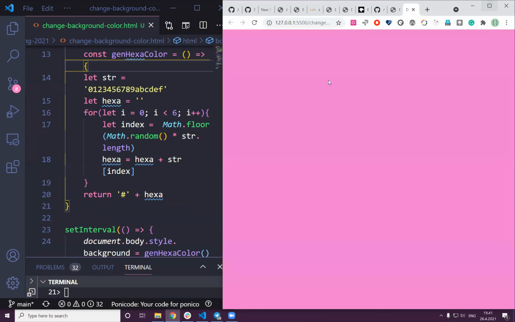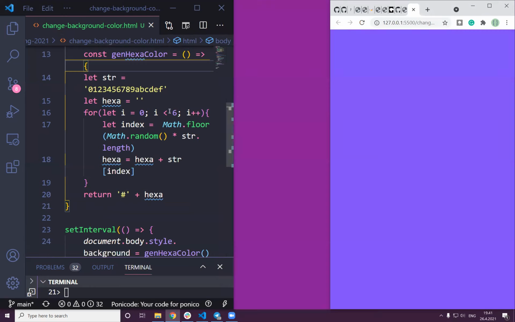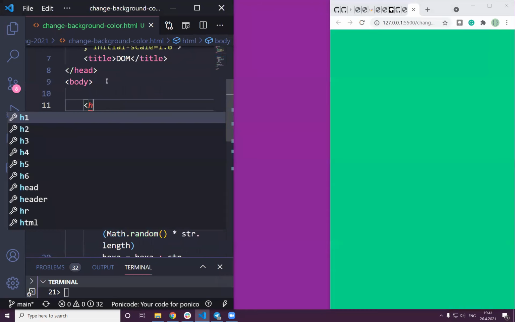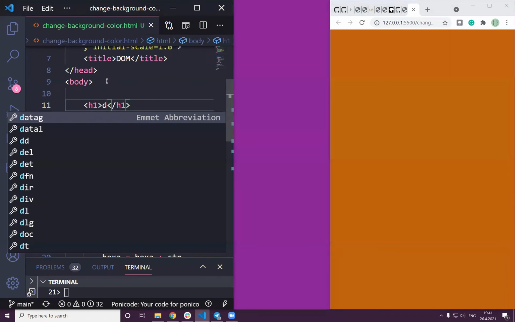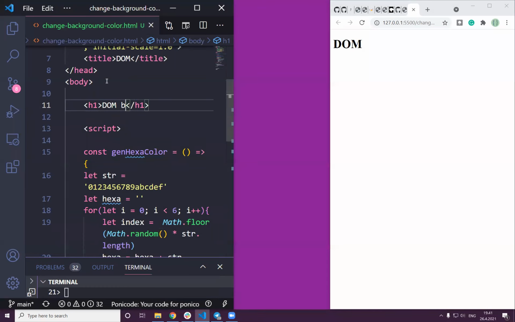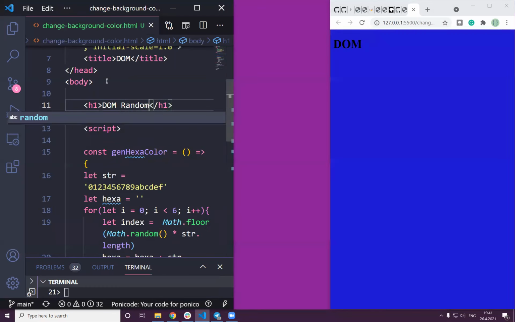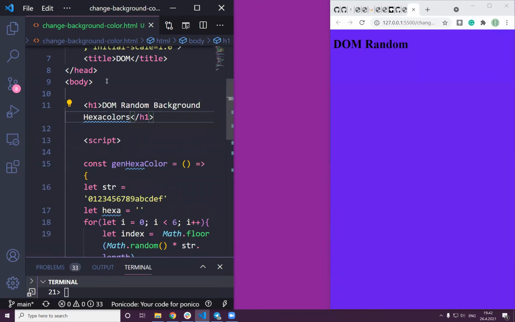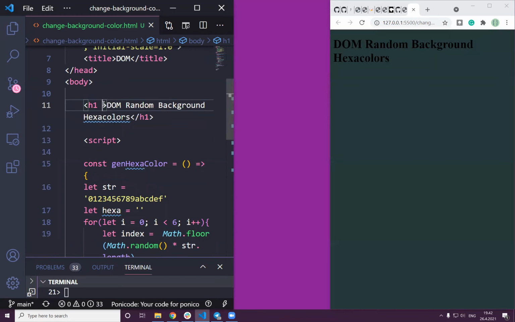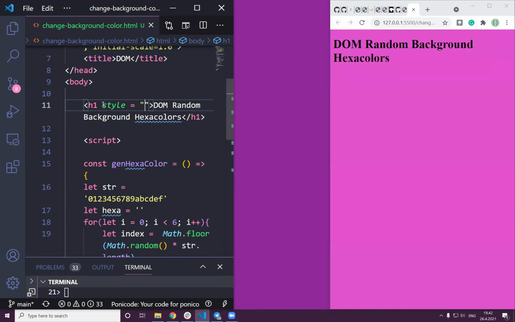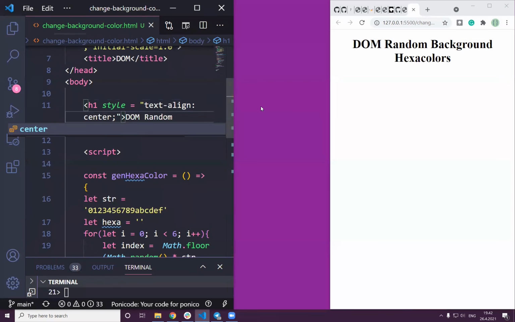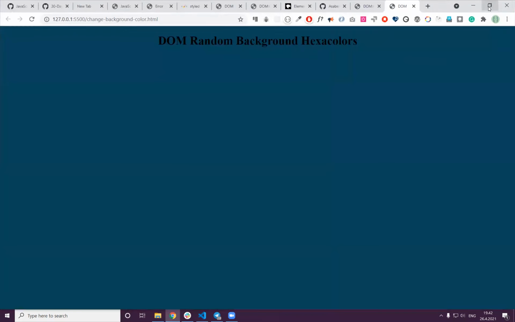Now, this is your page. For instance, if you want to have some text there, I can put a text, H1, DOM random background colors, whatever. In the lazy way, let me style it here. Align, text align, center. If you want to see it,